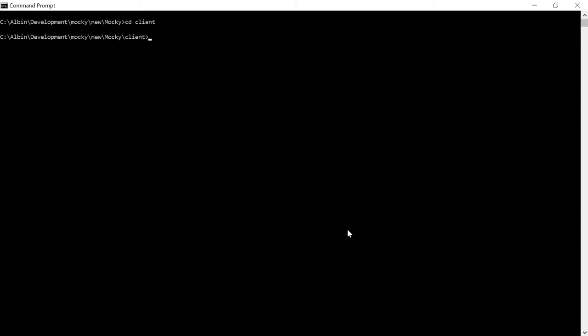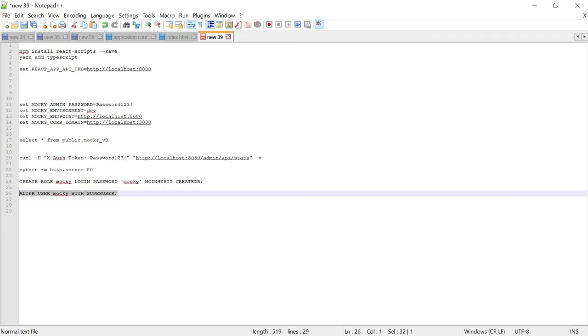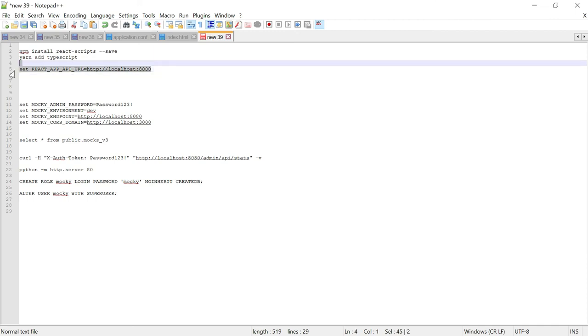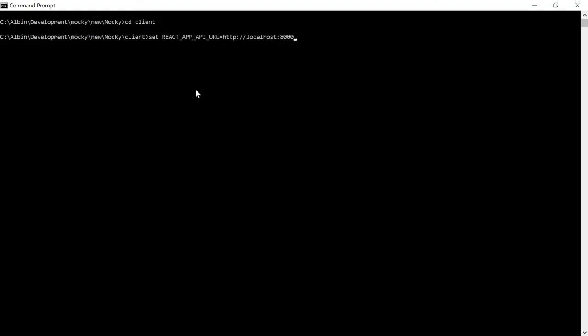If you change the port number, you should set the API URL; if it is the default port number, that's okay. For that, you should set this environment variable, REACT_APP_API_URL. I am going with the same default port, so I am just specifying this. Okay, this is fine.